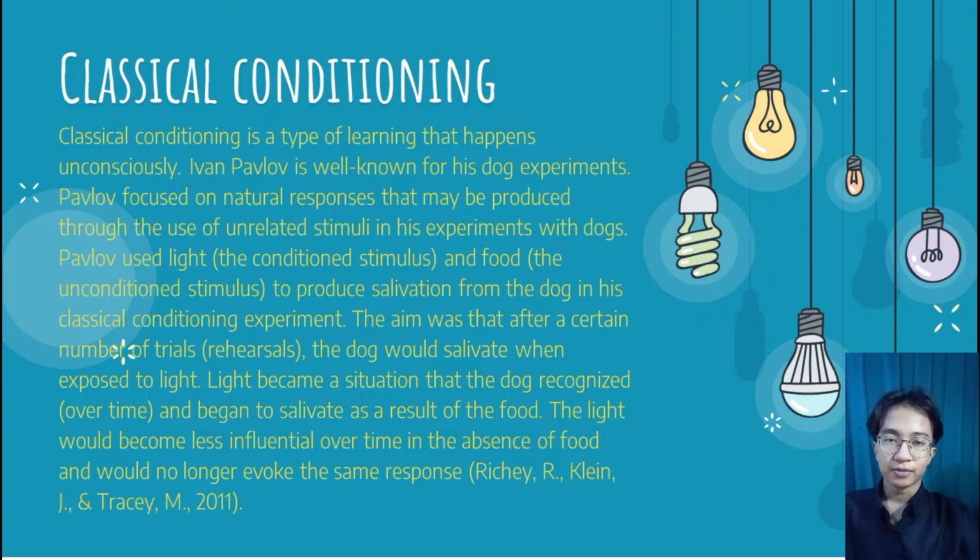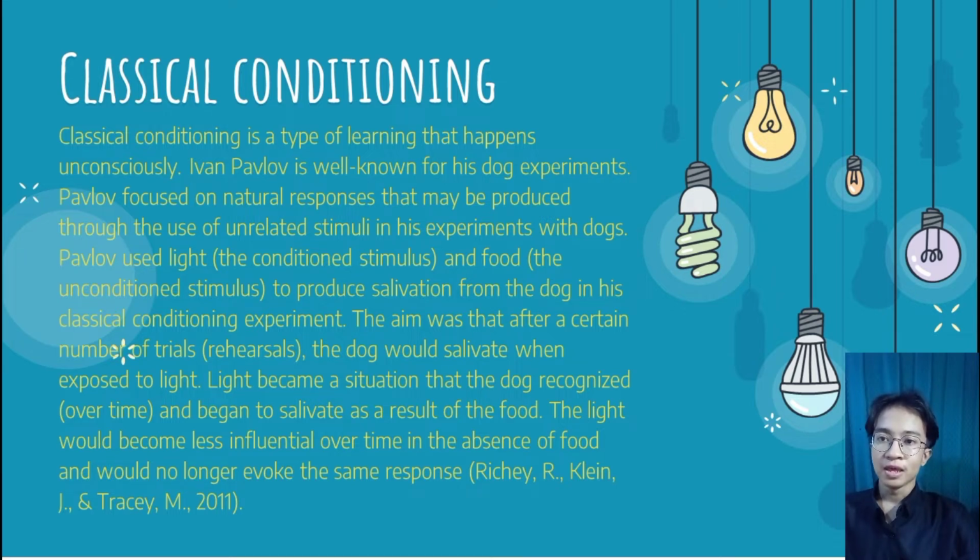The next material is about classical conditioning. Classical conditioning is a type of learning that happens unconsciously. Pavlov is well known for his dog experiment. Pavlov focused on natural responses that may be produced through the use of unrelated stimuli in his experiment with dogs. Pavlov used light, the conditioned stimulus, and food, the unconditioned stimulus, to produce salivation from the dog in his classical